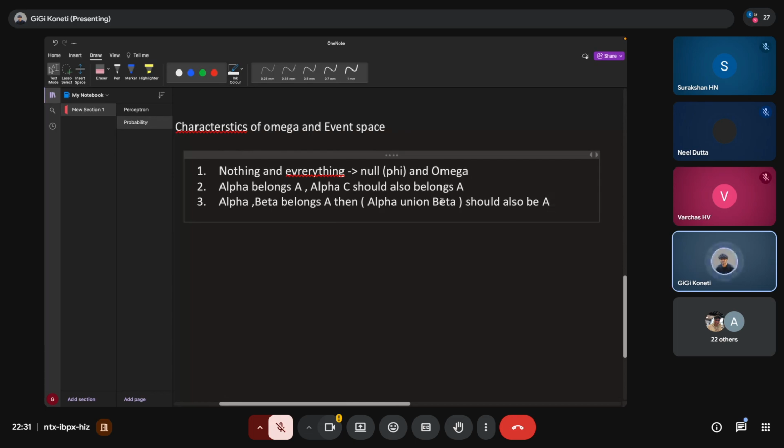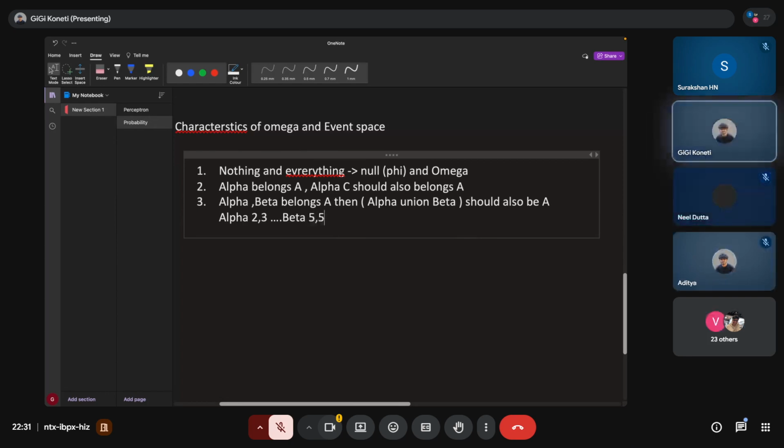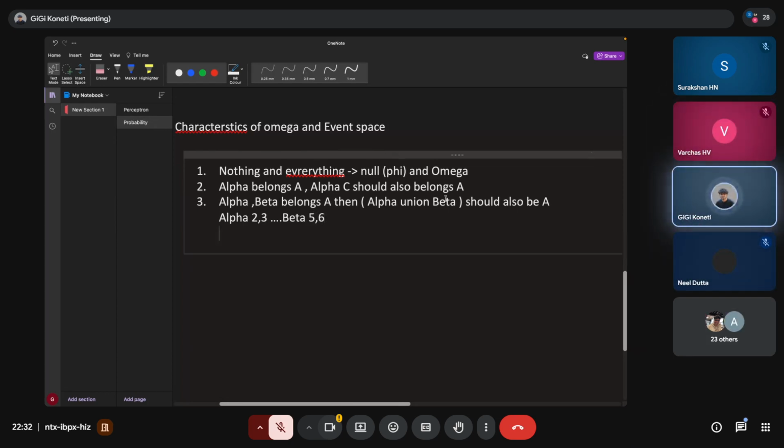Then the event space should be containing both and their complements too, for example. So alpha is getting 2, 3, and let's say beta is getting 5 and 6. So what all will be in the total? Let's say first we'll have 1, 2, 3, 4, 5, 6. This is one thing, and another thing is having nothing,